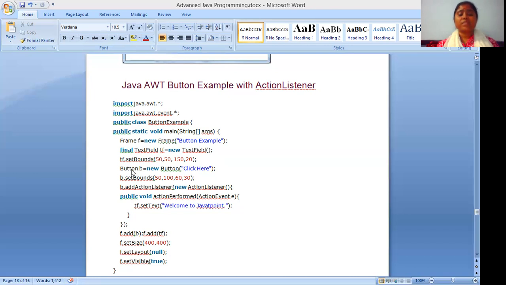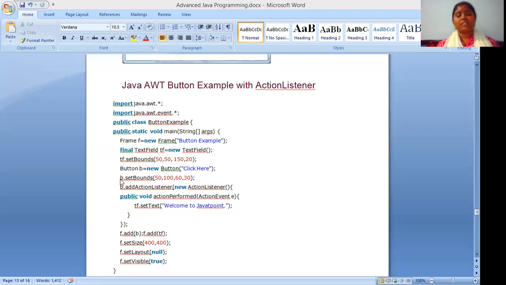Now in the next statement, we are creating a button object b. We are using the Button class and giving the object name b, equals new keyword, again using the Button class name and passing a string value as an argument, Click Here, semicolon. In this statement, button b is created in memory and its label is Click Here.